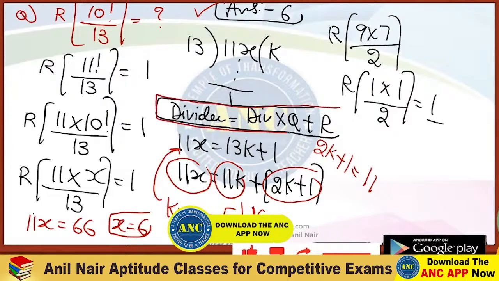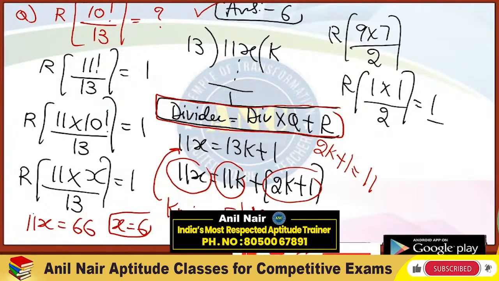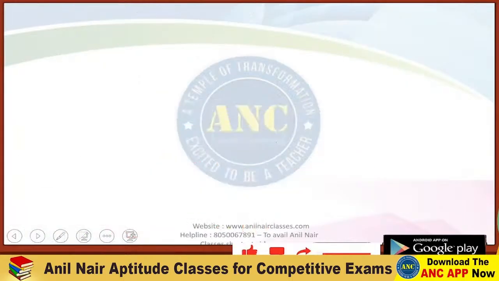Dividend equals divisor into quotient plus remainder. Whether you take the lowest value or the highest value, the answer will still be the same. 11x is 11k plus 2k plus 1, divisible by 11. K value is 5. 11x is 66, x value is 6. Idea clear, right? One more question we will solve so that you get a very good idea about how